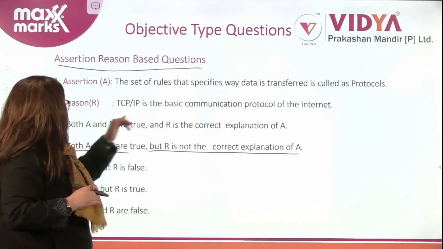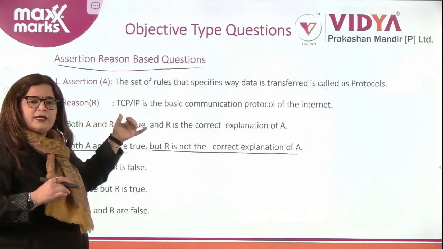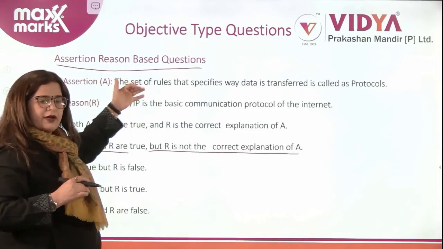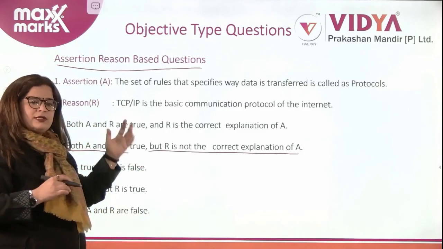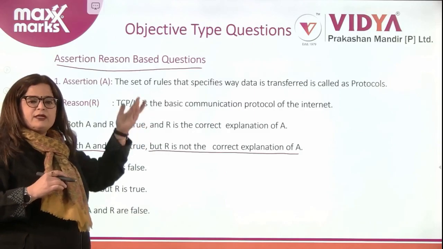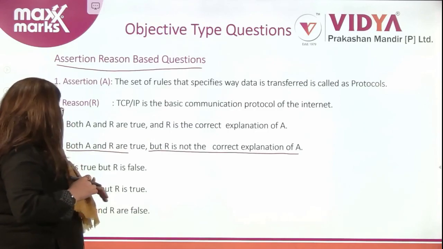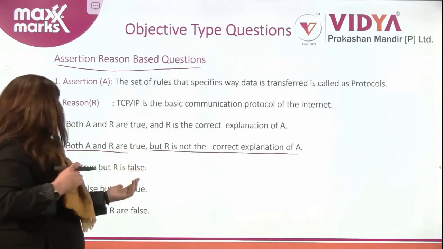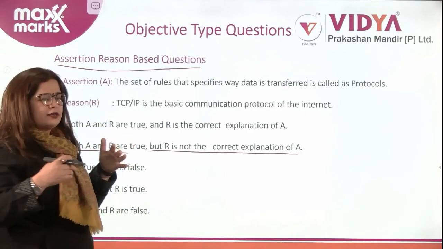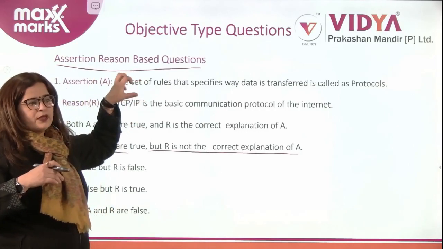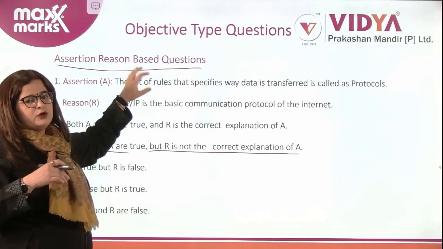When you see that both statements are correct and the reason is explaining the assertion, right? Then you will click on this option. Now, if A is true but R is false, there are cases also where the assertion is right but the reason is not correct, right? You will get the option A is false but reason is true, and at times both the statements, assertion and reason, are incorrect. So you have to be very